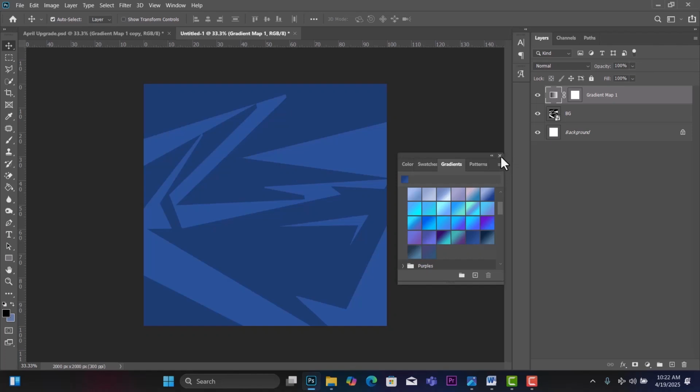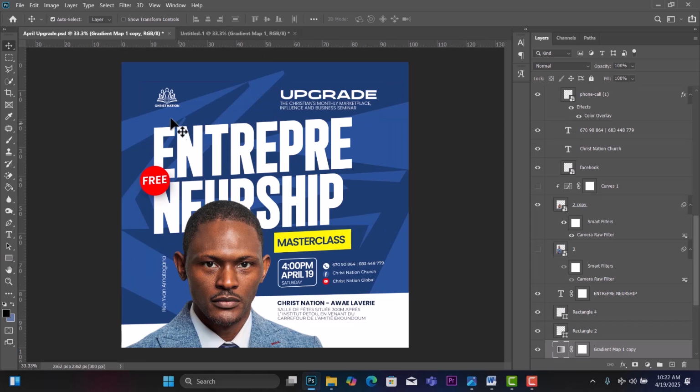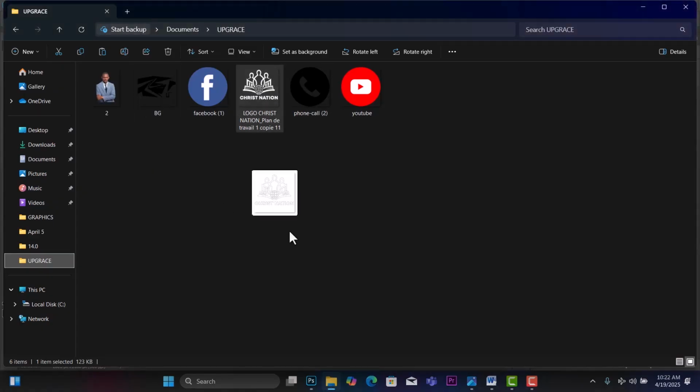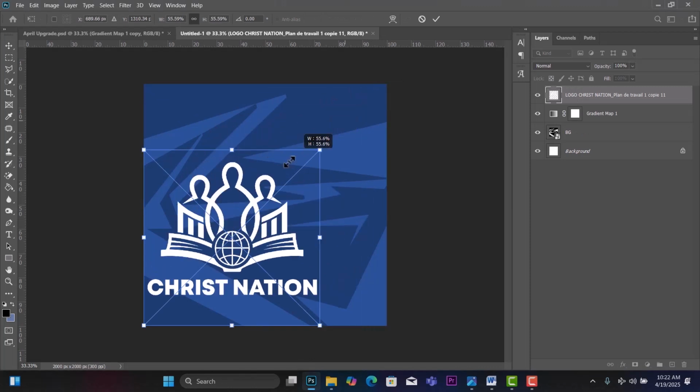Okay, that's it. So now we are going to begin to add the other details into our design, the logo, the theme of the program, and every other detail. So the first thing I want to do is to bring in my logo. I'm just going to drag this and drop it into my design, and I'm going to scale this down to about